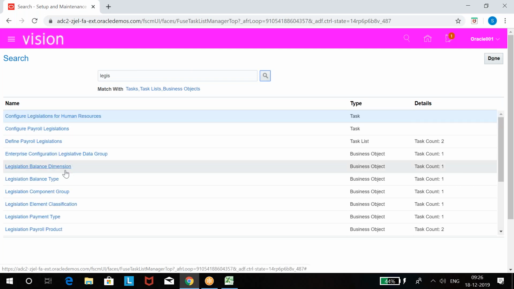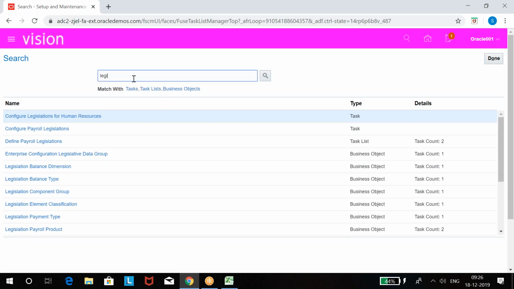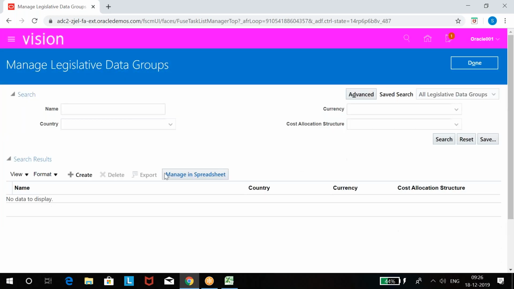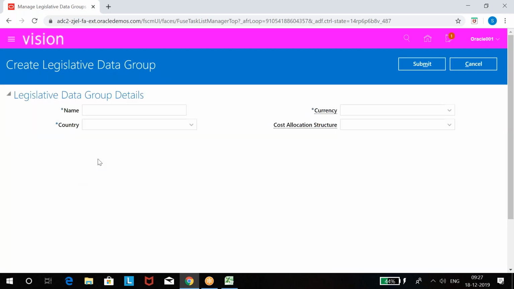Legislative data group. Here we go. Click on this legislative data group. Click on create. It's just a name we create.